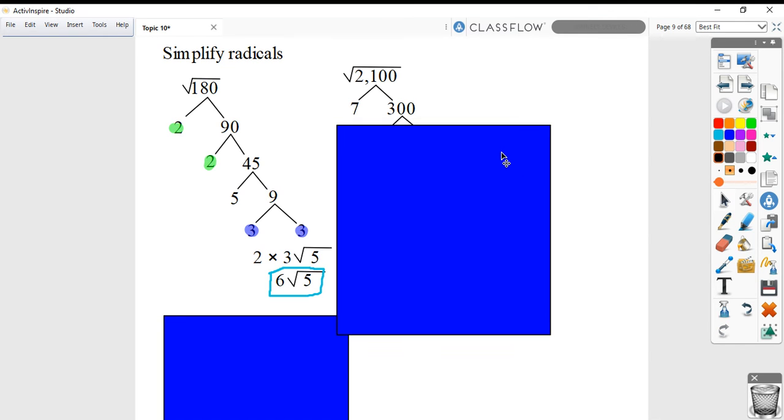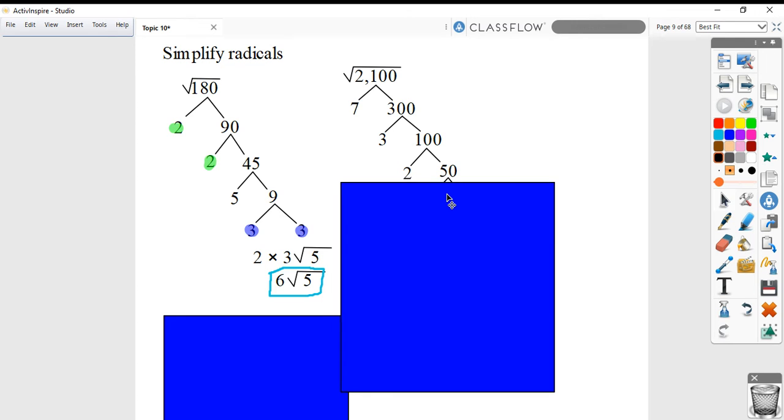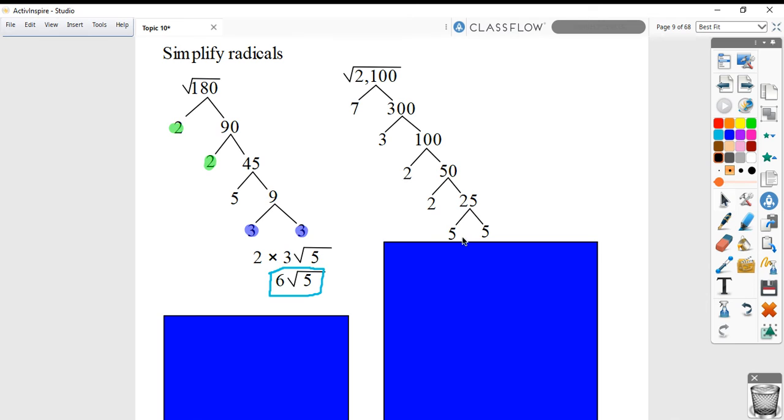Okay, 7 times 300. Well, 7 is a prime number, but 300 can be split into 3 times 100. 3 is prime, but 100 can go again. Well, that's 2 times 50. 50 is 25 times 2, and 25 breaks down one more time to 5 times 5. So when we look across all of this, 7 times 3 times 2 times 2 times 5 times 5, that equals 2100. So again, if we're taking the square root of 2100, it's the square root of all of that